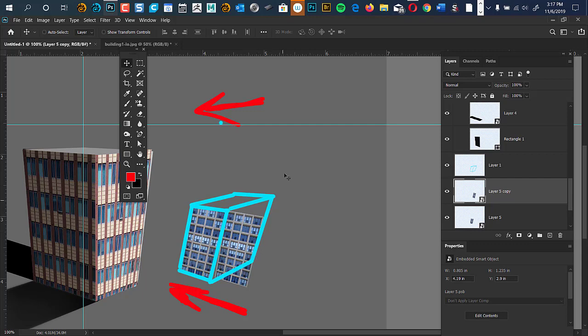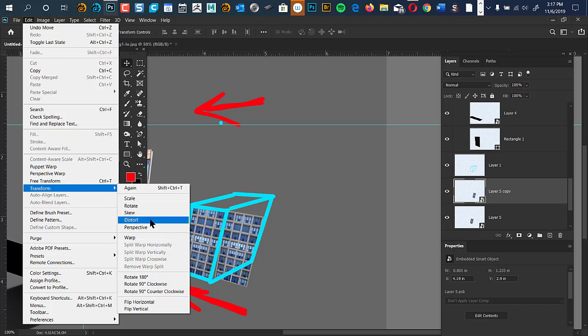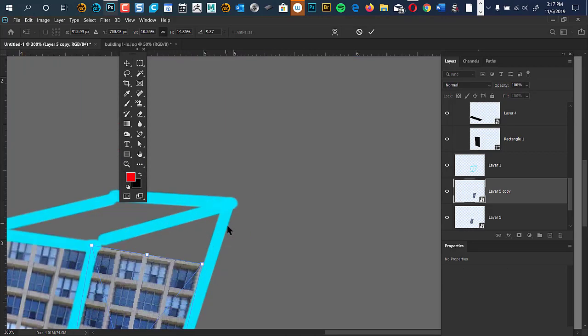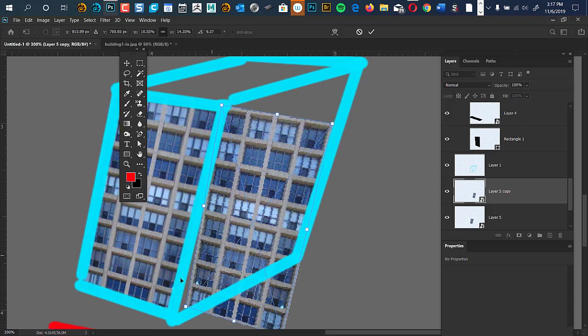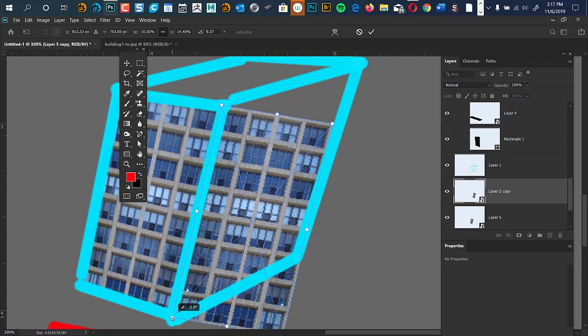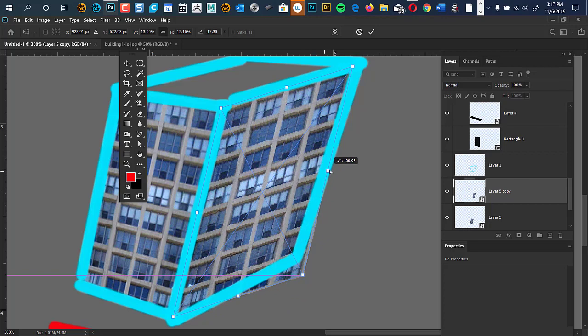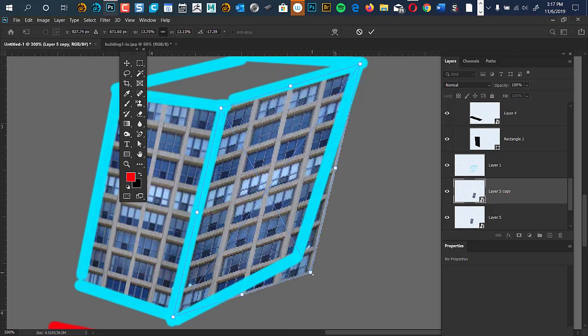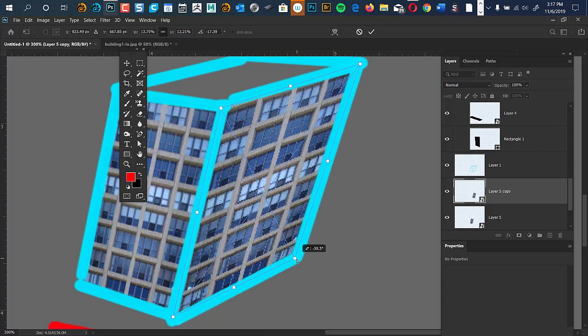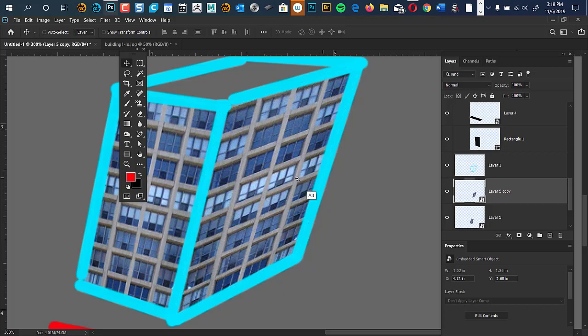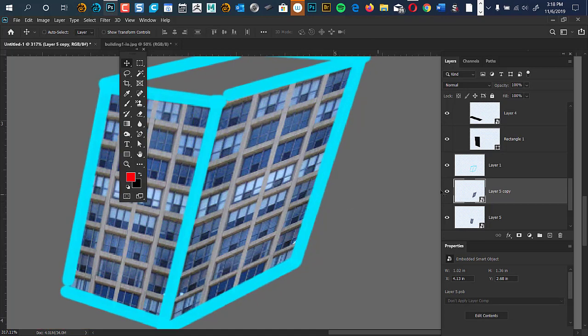All right. Kind of get it positioned first. So we'll come back to edit menu, transform, distort again. Let's get in close. Kind of get this in there, kind of line them up like this, and then just get this other side. Shading is not quite on here. This is not the right texture for this, but I'm just trying to share with you. That's where you can go. If you turn this off,